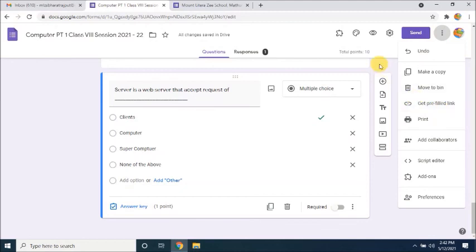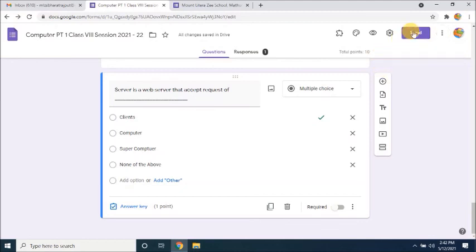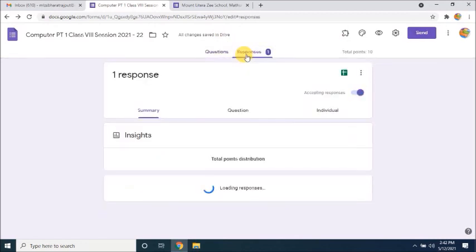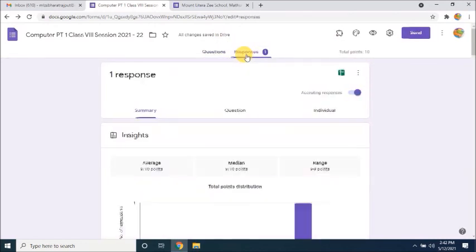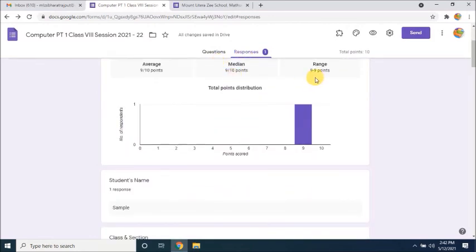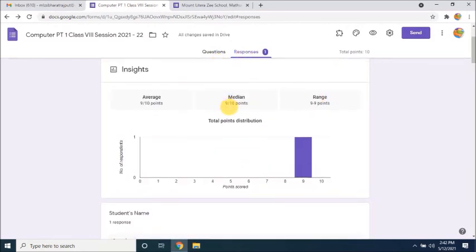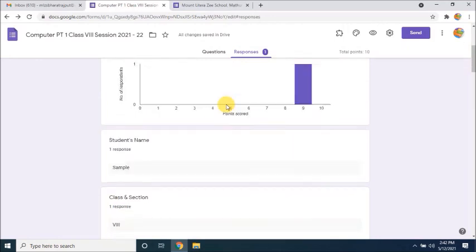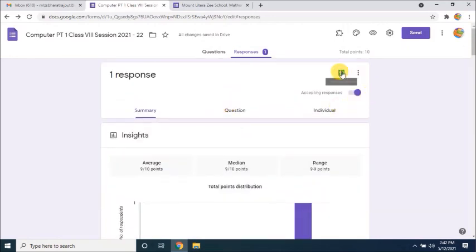Okay, so you can also add the link in a small form. So now we have filled the answers of this paper. You will get the response here. Response. What is the result out of that? 9 points are there because a total of 10 marks questions are there. We have put 9 answers. You want to see the sheets? Click on this, DSV, CSV file, not DSV.